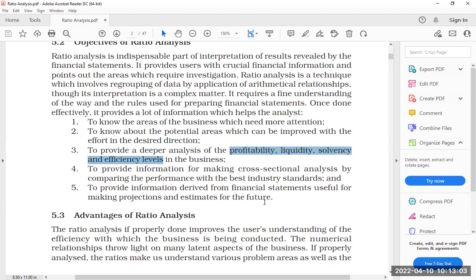Okay, profitability: the ability of earning profit. The ability can be of a rupee invested, of sales made, of an employee in the business, or of an asset in the business, anything. Okay, ability. Then liquidity,